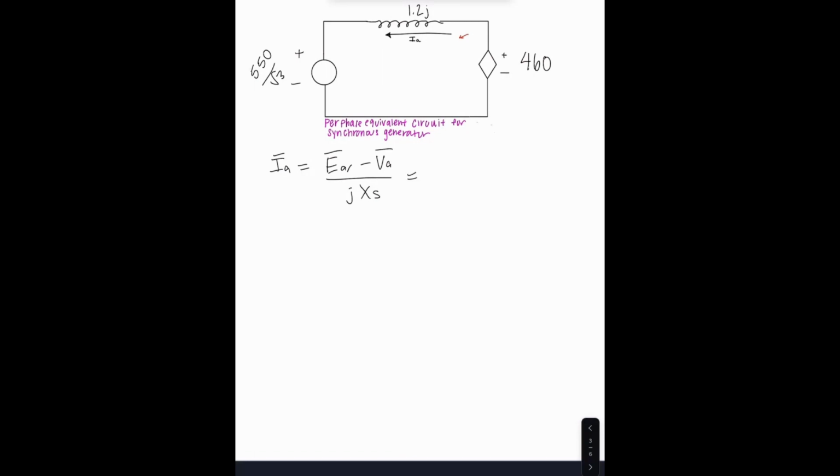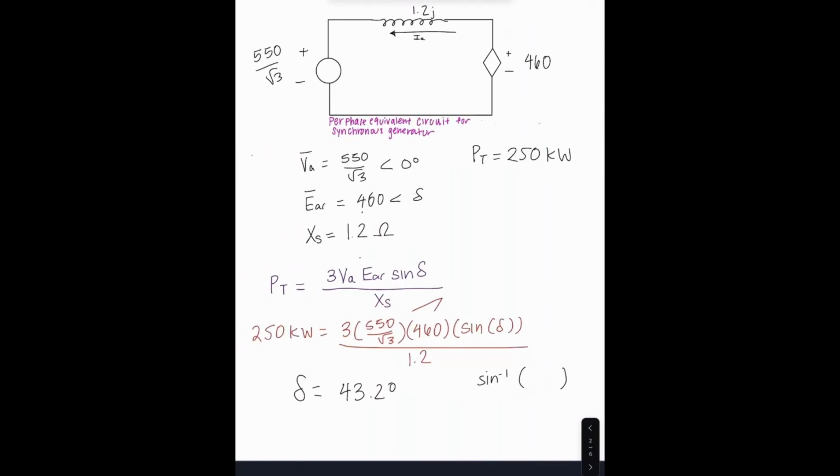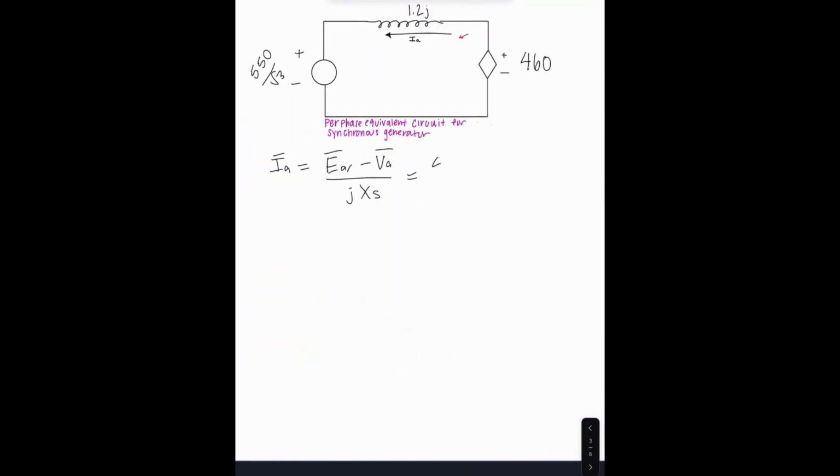We're going to find the phasor of the generator current, so we have to use not the magnitudes, but the phasor values. And we solved for delta, so we already know what this is. So this is 460 at angle delta, minus